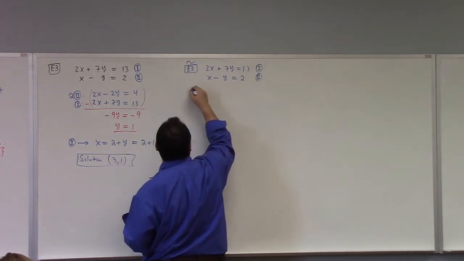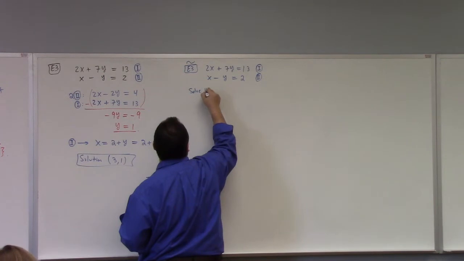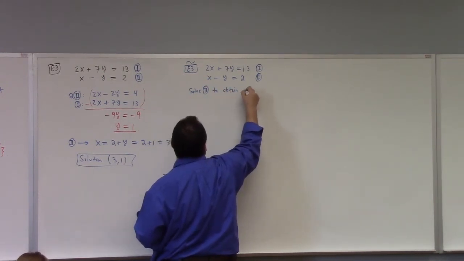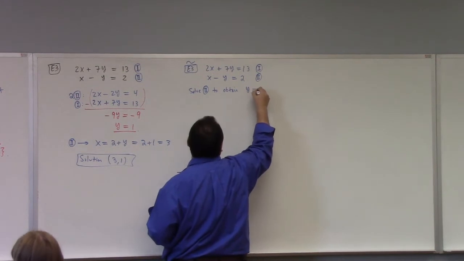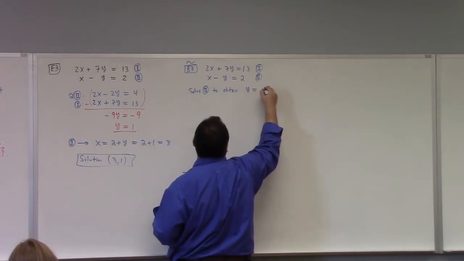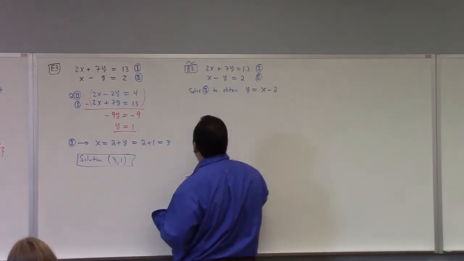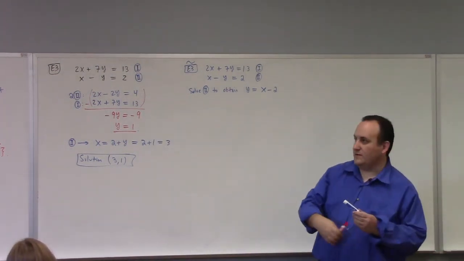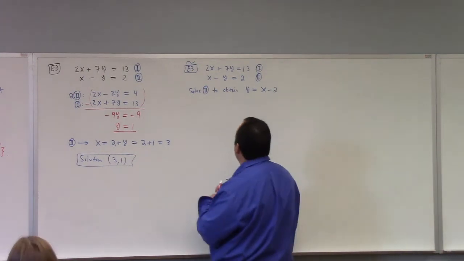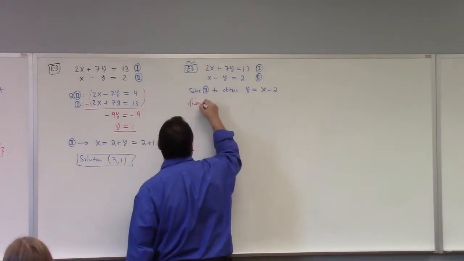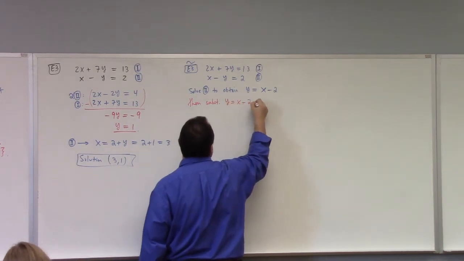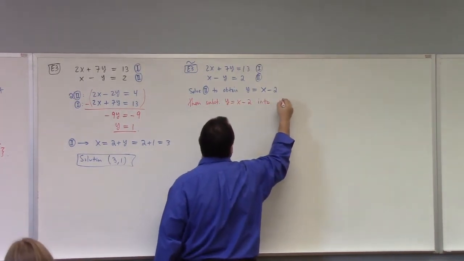So I solve 2 to obtain y equals x minus 2. Then I can plug that into the other equation, right? Then substitute y equals x minus 2 into 1,